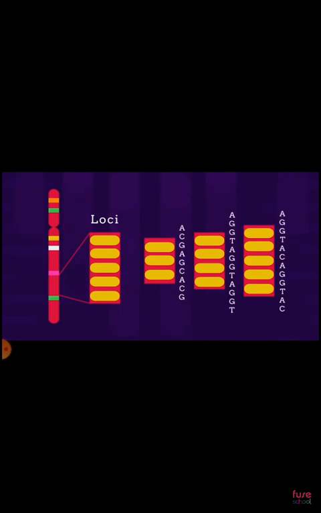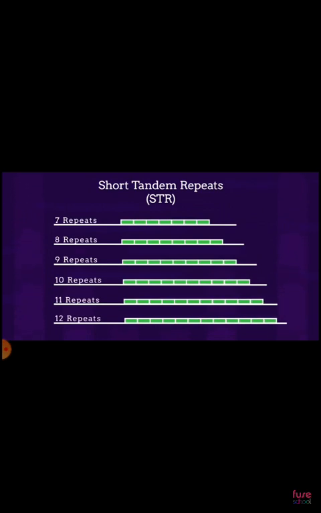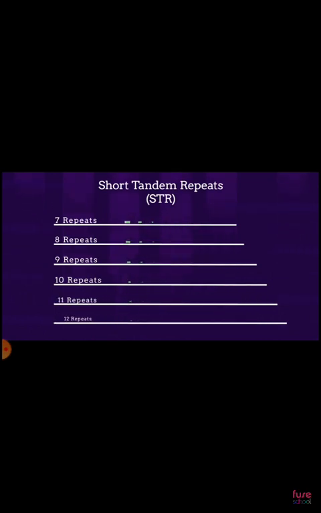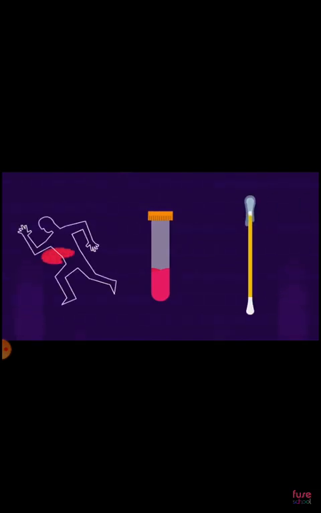For example, these repeated sequences are called short tandem repeats, or STR. At these places on the chromosomes where we find these STRs, there are areas that vary in number of repeats. DNA profiling only looks at these STRs. A cell sample is collected. This could be from some blood at a crime scene, or a swab from the inside of someone's cheek, for example. The DNA is then extracted from the sample.